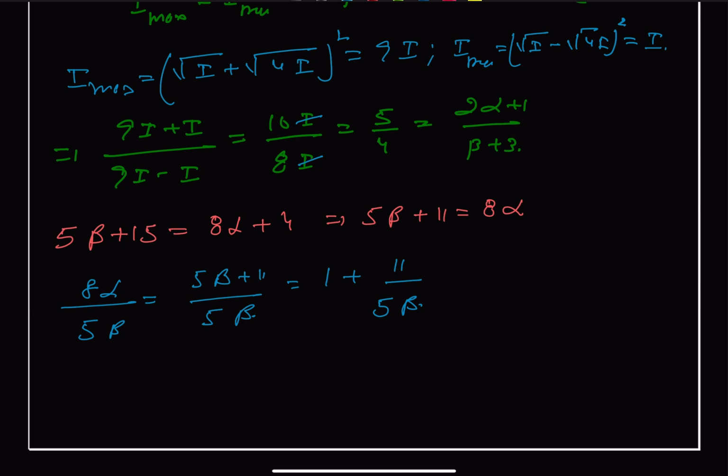Therefore, we can say that our alpha upon beta will be equal to 5 beta plus 11, and this comes as 8 beta, which can be furthermore written as